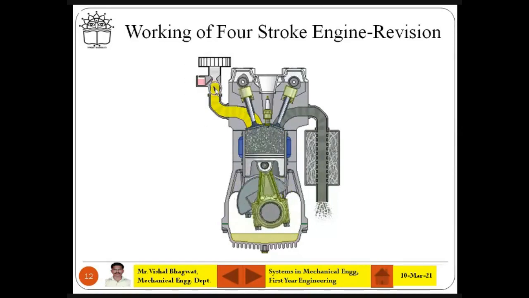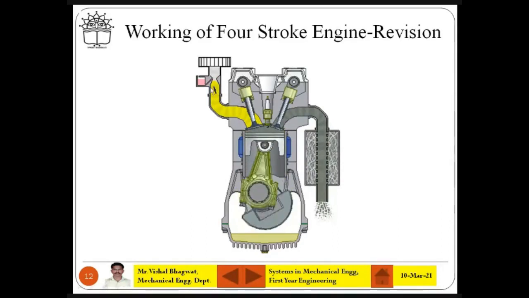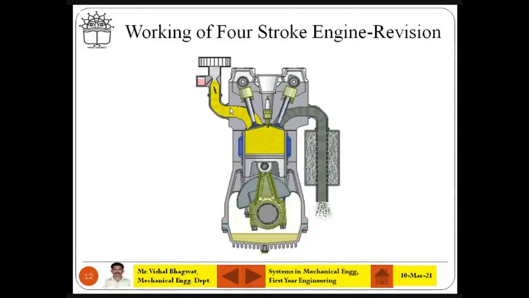Is it visible to you? This wall you can see, this wall is the choke. When you increase the choke, it approaches the vertical position. When you are not opening it, it will be at a little bit of a 45 degree or 60 degree angle, so that only the required amount of fuel is coming inside. What is coming inside the combustion chamber is nothing but the charge, the petrol plus air mixture.